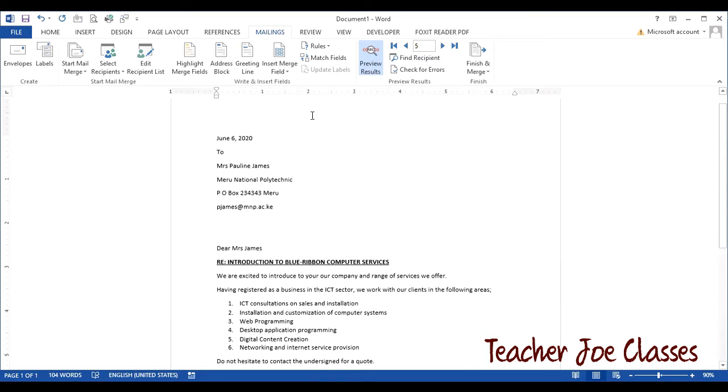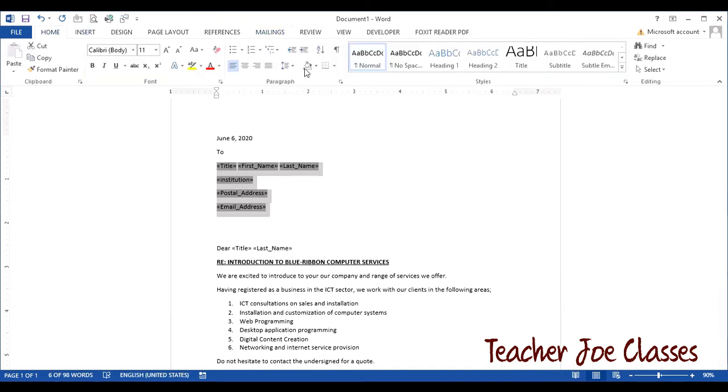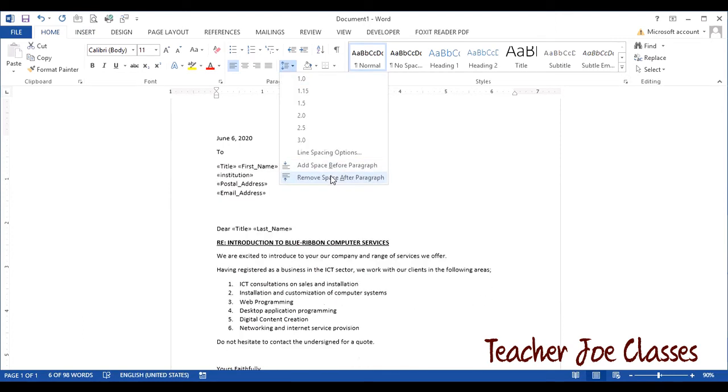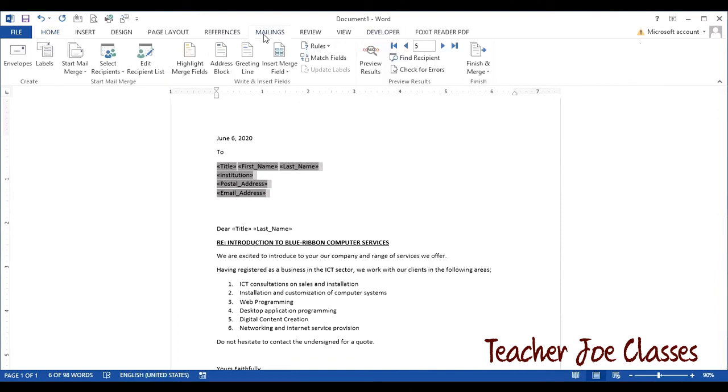If there is any change that you want to make, you can. So you want to reduce the space between and after paragraphs, you can select that, because if you don't do it here, you'll have to do it per document, which again will add a lot of work. So you come to home, and then you come to paragraphs, then you tell the computer remove the space after and before paragraph, and then you go back to mailings, and then you can preview, and then they are now